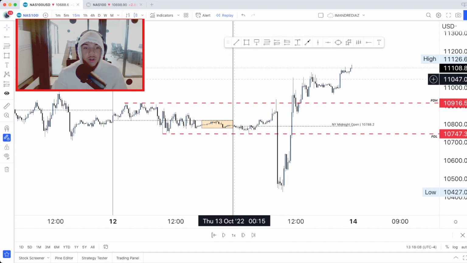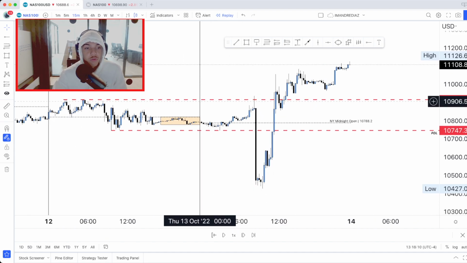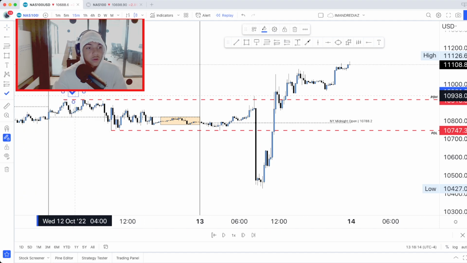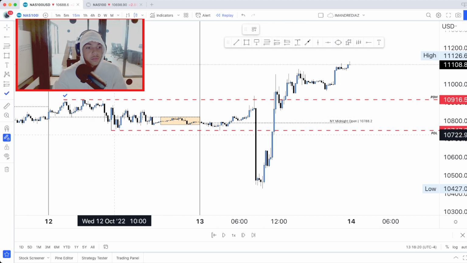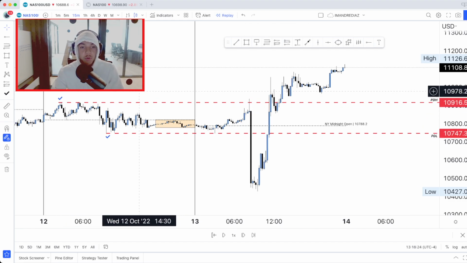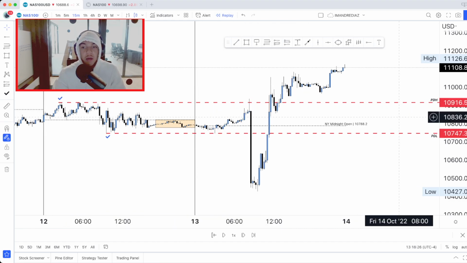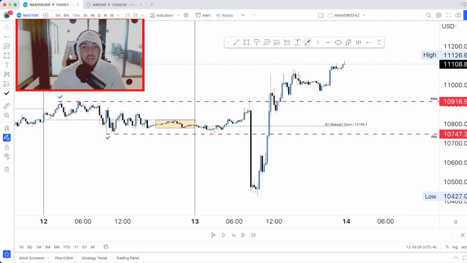So you can see this is a very small range that price was in. We ran the previous day's high and we ran the previous day's low. And what does that mean? It basically means that we ran the liquidity of both. But I want you guys to pay attention to a few areas on price. So for example, I want you to pay attention to this high,